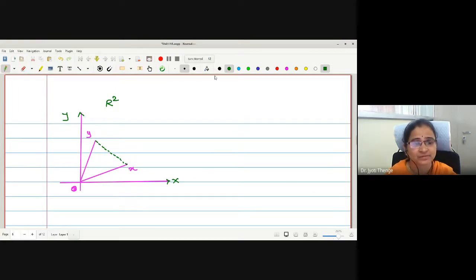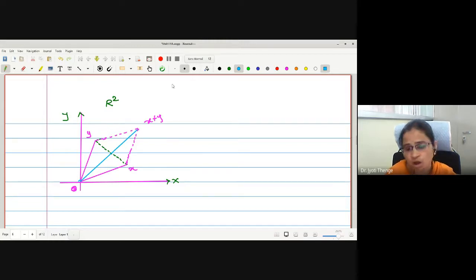To find out the position of the vector x plus y, first we have to complete this parallelogram. We have to draw a line parallel to the y vector, and a line parallel to the x vector as well, and then complete the parallelogram. Once we complete the parallelogram, whatever end point we get will be the location of your vector x plus y, and this will be my line x plus y.